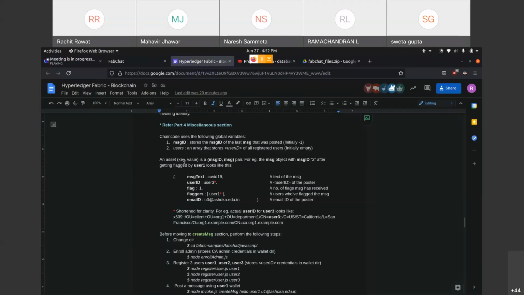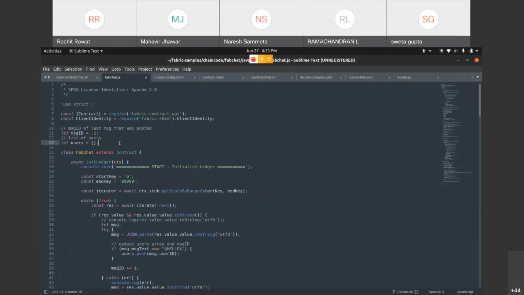Now we are using two global variables. One is message ID, which stores the message ID of the last message that was posted, and by default it is initialized to -1. And we have a users array that stores the user ID of all registered users, and initially it is initialized to empty. So as you can see, two global variables.